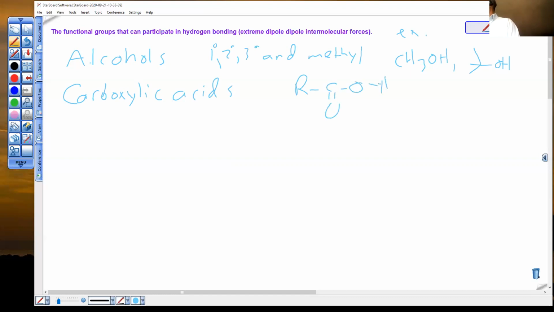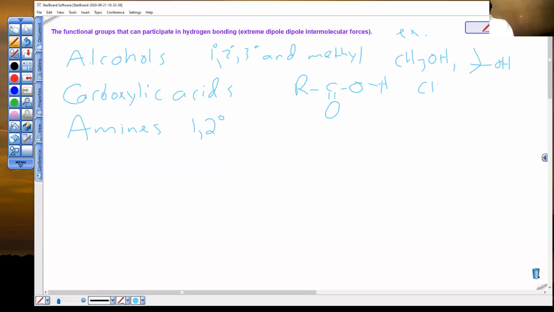How about carboxylic esters? They will not be appearing on this page. Why not? The carboxylic ester doesn't have H bonded to O. Amines, but not all of them. Primary, yes. Secondary, yes. Tertiary, no. If you have a primary amine,